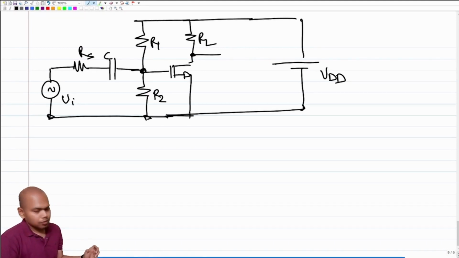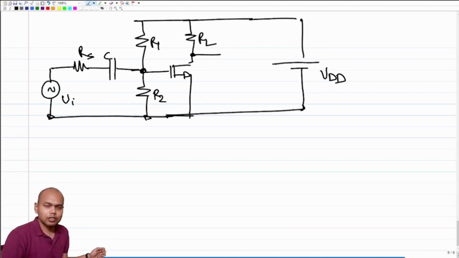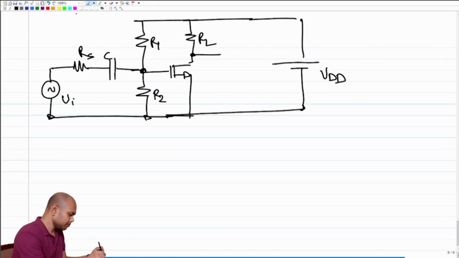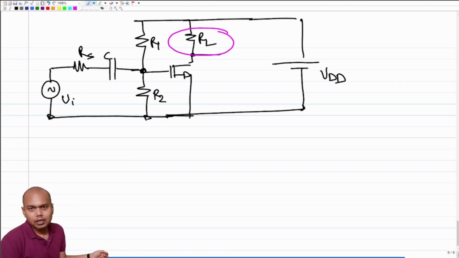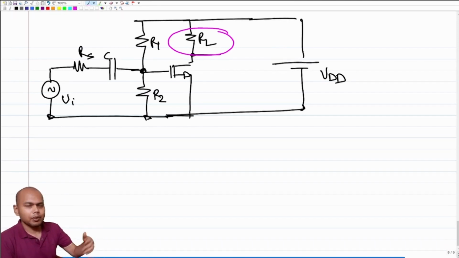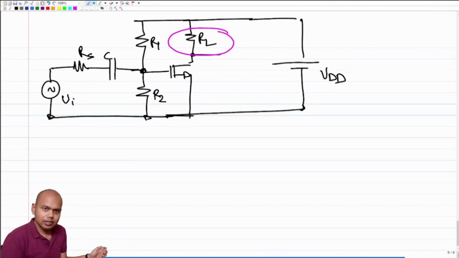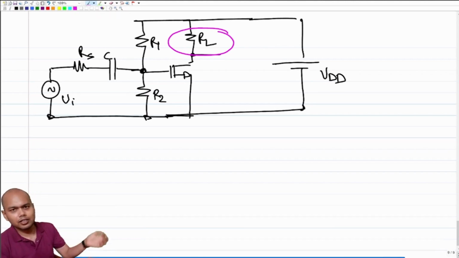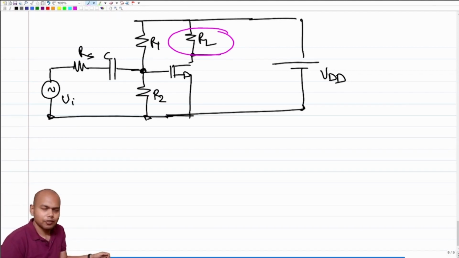Similarly, you need not necessarily have access to both terminals of a load, because what is this RL? This RL might not be an actual resistor. This RL might be the input impedance of another stage that it is driving. Which essentially means that you only have access to one terminal of the load and not the other terminal, that you will just connect it to VDD, right? So essentially the problem is